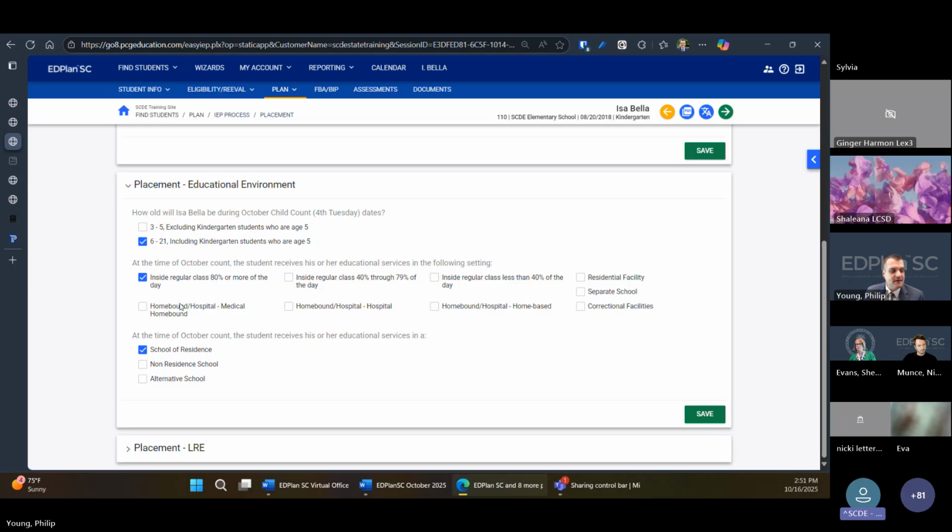The update that's coming will be in December, where it'll be selecting the different placements based on the dates of the IEP. All right, Catherine, will there be somewhere that will show the total number of minutes and services percentage? No.